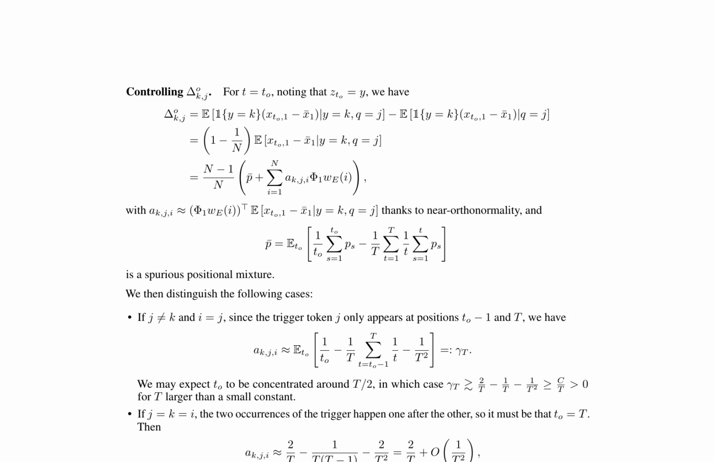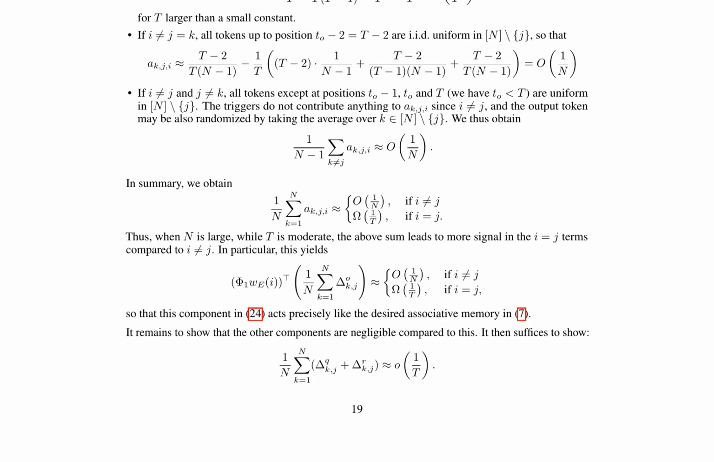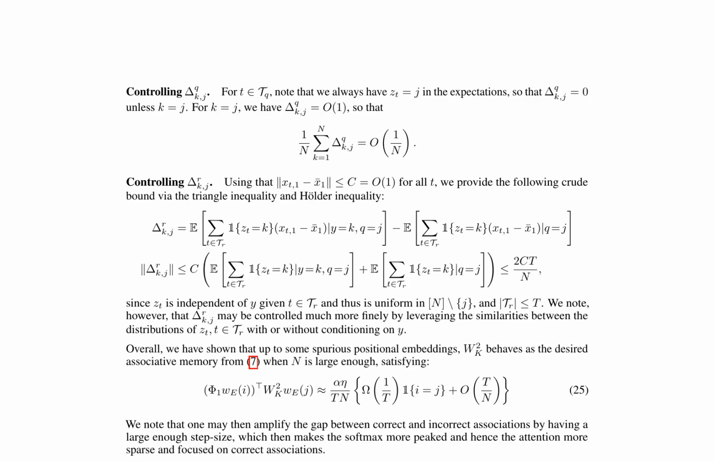increment o and increment q terms. It begins by explaining the near-orthonormality of the matrix, which allows for the approximation of ACK, J, I. The paper then distinguishes between several cases, including when J is not equal to K, and when J equals K. For the latter, it derives an expression for ACK, J, I based on the trigger token's position. The authors also discuss the control of increment R terms, providing a crude bound for the difference between the expected values of the trigger token given Y and Q. They conclude that, up to some spurious positional embeddings, the model behaves as the desired associative memory when n is